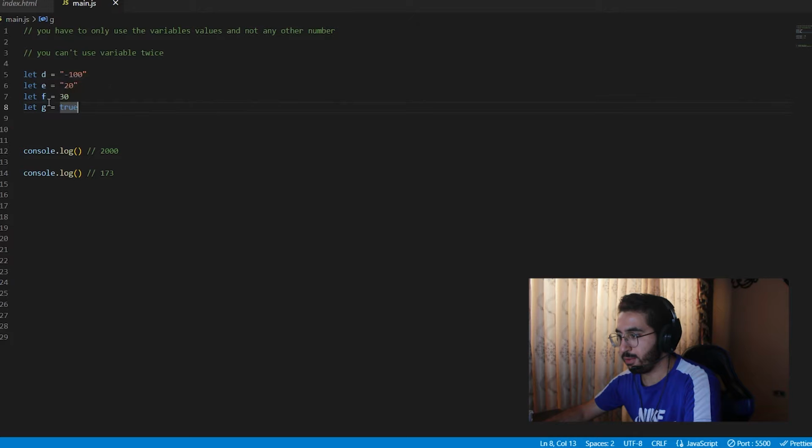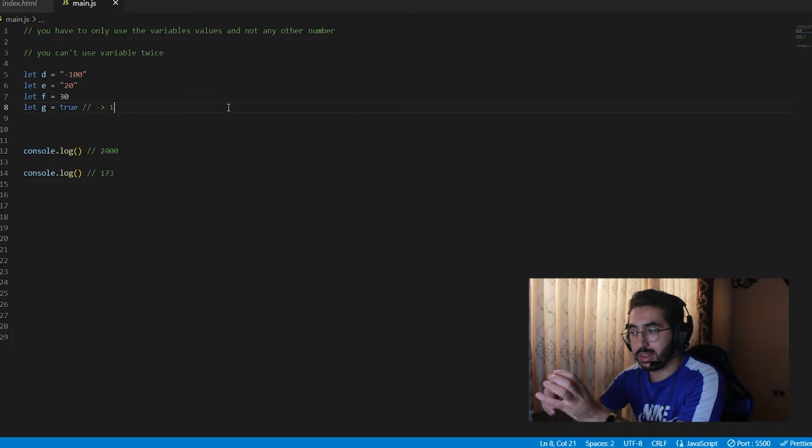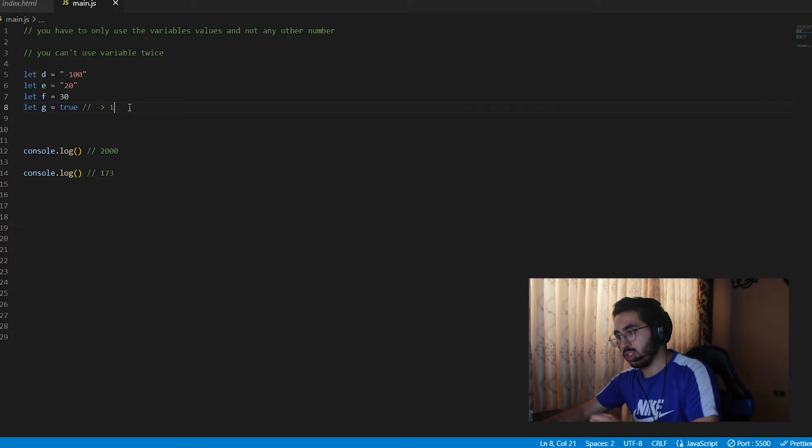D, E, F, and G. As you noticed, some of them have a string value, while the others have a number and a boolean. And of course, we all know that a boolean is equal to 1, right? And by the way, this is a JavaScript problem. We need to solve it using JavaScript, of course. So we have 1, we have 30, and we have this string 20,